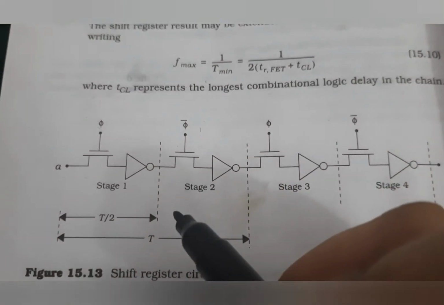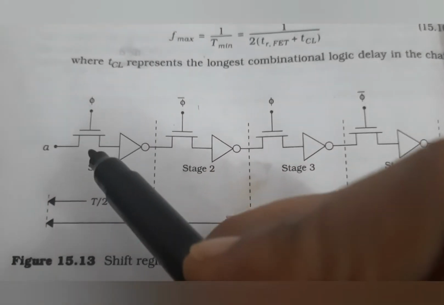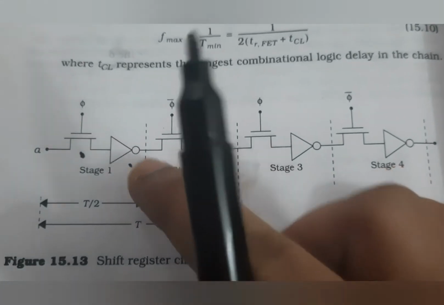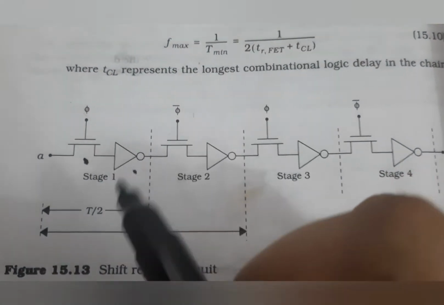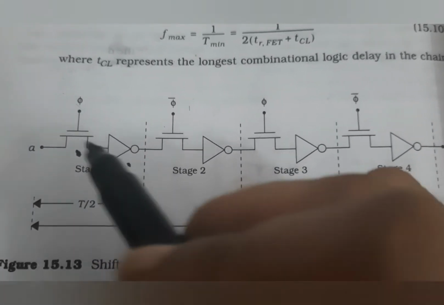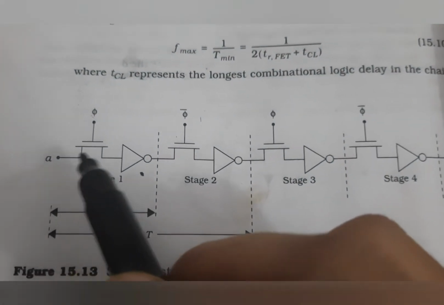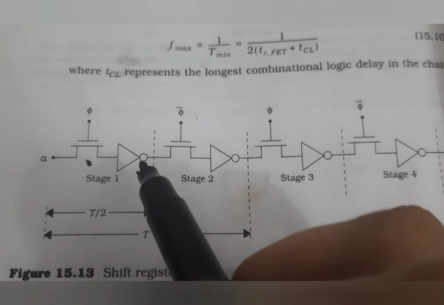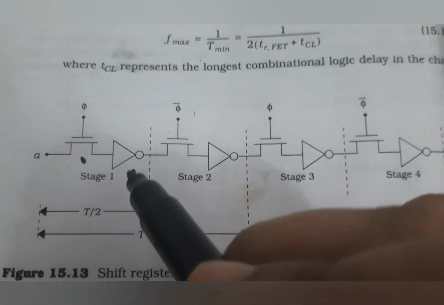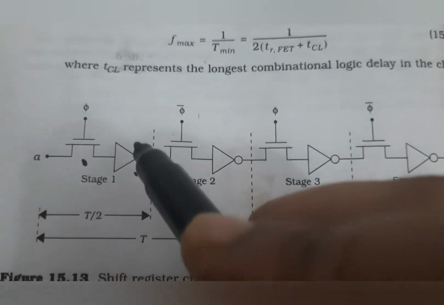The skew concept is explained using a circuit. Consider this design, and this is a clock, and this is the function of that combinational logic, which just performs the inverting operation. So this is a clock NFET, and this is the inverting operation. When you give this clock, and this clock is closed, this input A is given to this inverter. So the entire delay depends on the delay of this NFET and also the NOT gate.